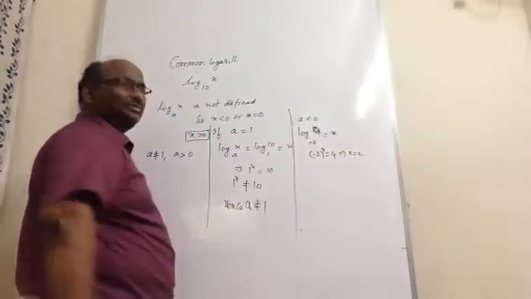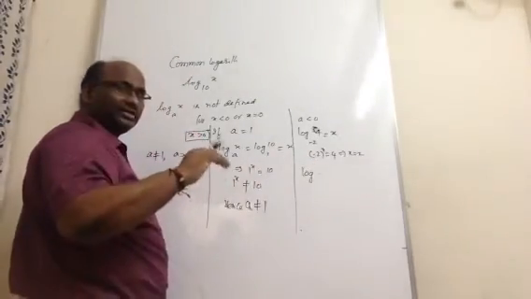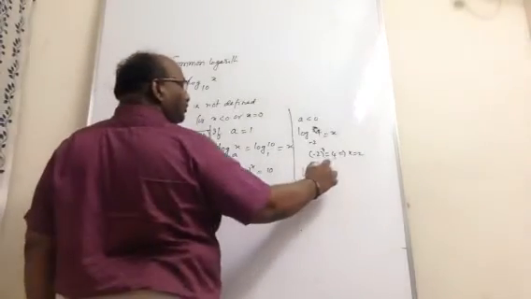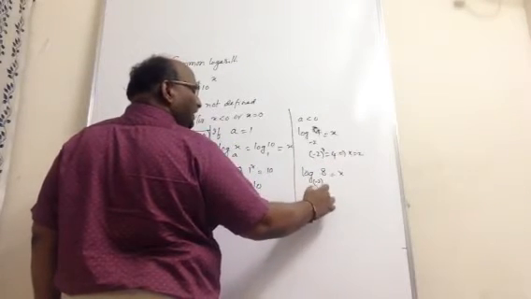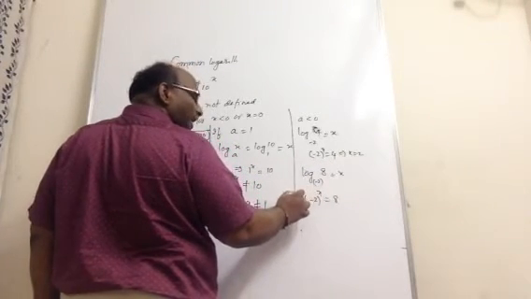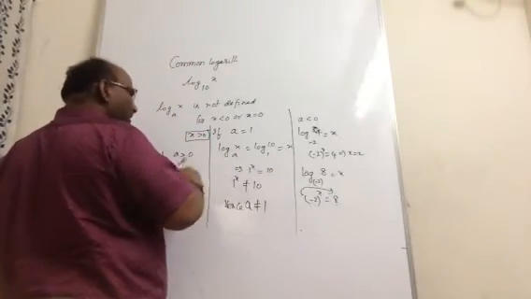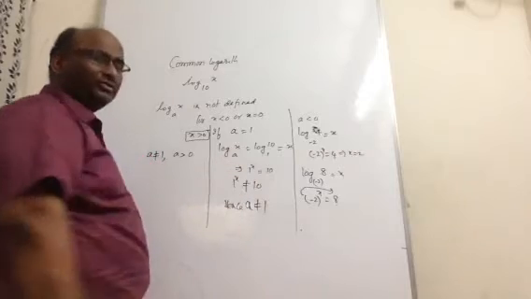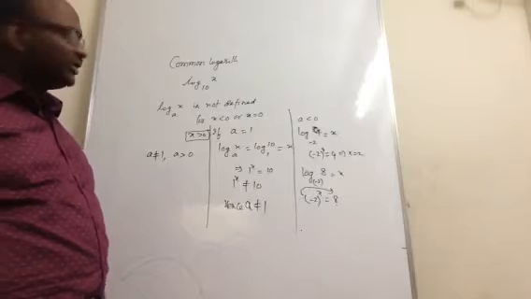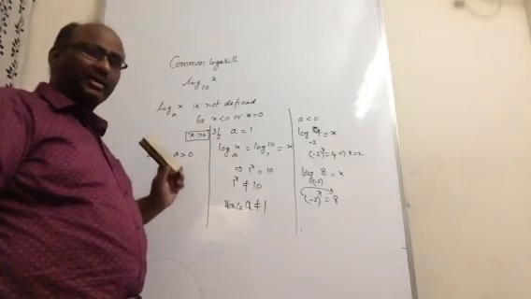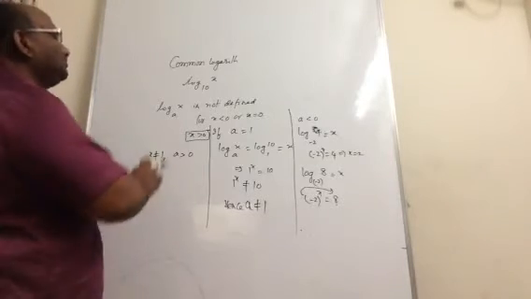That means we are able to find some number. But the problem is, once you want to generalize, it should be true for all x. If you take log 8 to the base minus 2, there is no x such that (-2)^x is 8. So for negative numbers as a base, for some of them you may be able to find a value through the definition, and for some of them you are unable to. So you cannot generalize the definition. That is why they put a restriction that a should not be less than 0. a must be positive.